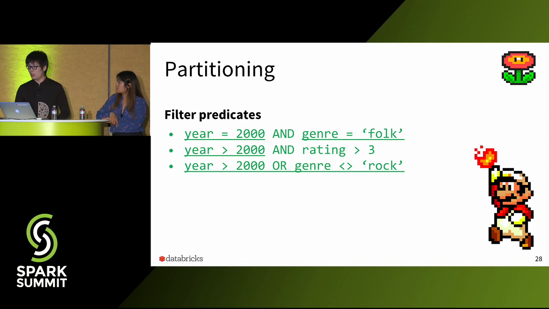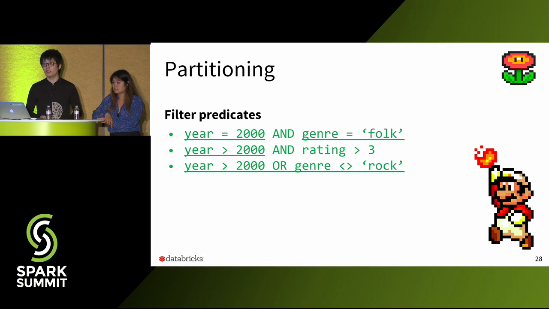So here are some examples. These three filter predicates are very friendly to partition pruning. The first two predicates are conjunctive predicates. For the first one, both components are comparing a partition column with a constant. For the second one, we can leverage the first component and just ignore the second one, and apply the second filter predicate later. And for the third one, although it's a disjunctive predicate, we can still leverage it because both components